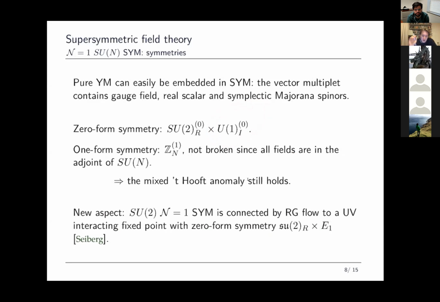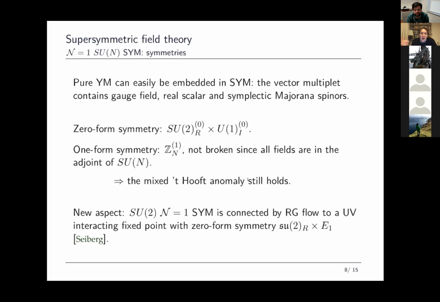of motion. In addition to this, there is also a zero-form SU(2) symmetry for the R symmetry, for the canonical R symmetry of N=1 with 8 supercharges. Now the additional fields in the vector multiplet do not break the center 1-form symmetry because they all transform in the adjoint. Therefore, the mixed 't Hooft anomaly that we described for pure Yang-Mills theory is still there in the supersymmetric